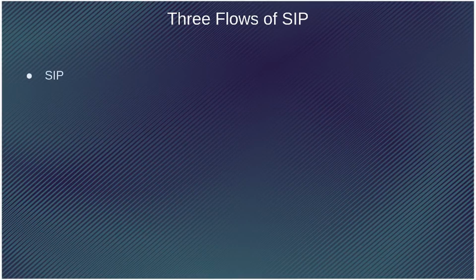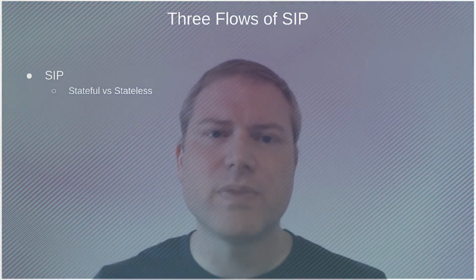SIP is the core of most VoIP systems. It's stateful, but usually transported across the connectionless UDP protocol. Kubernetes, on the other hand, was built around HTTP, which is ideally stateless, but is usually transported across the connection-oriented TCP protocol. Here we see the first mismatch.